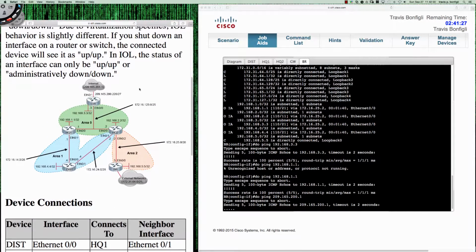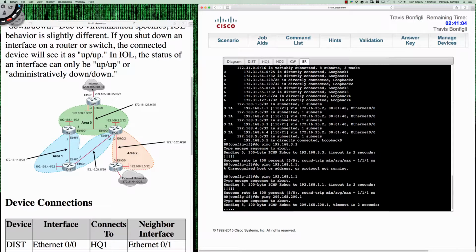Yeah, so it's interesting. We're not using these external routes for much of anything, and we don't have a default route. All right, so we're going to spice this up a little bit. Let's go ahead and try to make this a little real world. In a scenario like this, all of these routers would want connectivity out to this